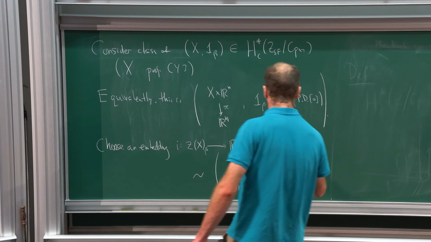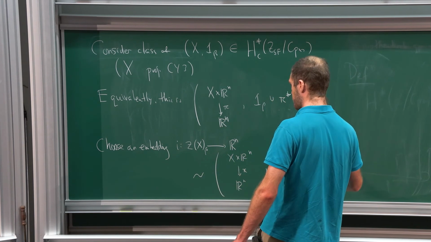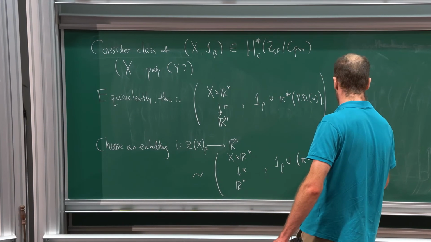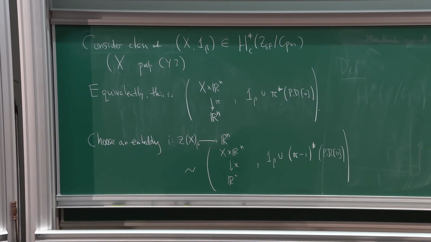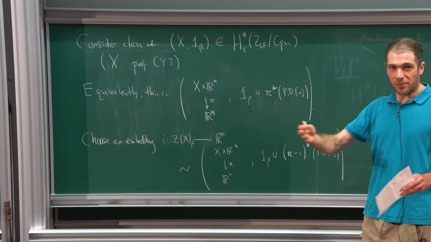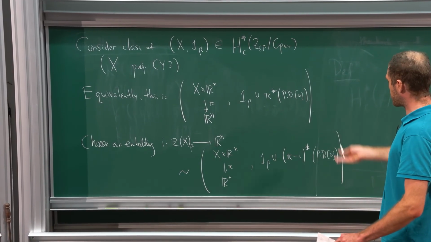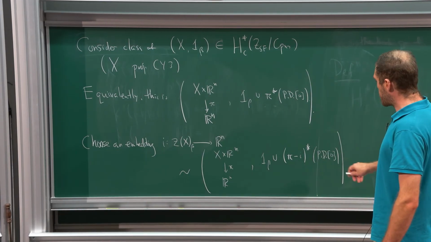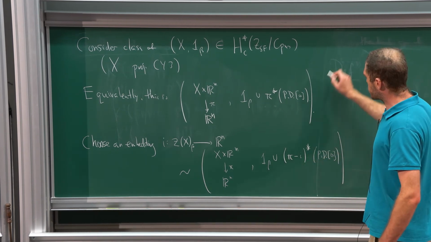But now I take, I guess, pi minus I upper star of the Poincare dual of 0. So pi and pi minus I are homotopic. It's an obvious way, and this linearly. So the pullbacks are the same cohomology classes, the same enumerative invariant. But now what you notice about this is that this cohomology class, right, so these are, maybe I should say